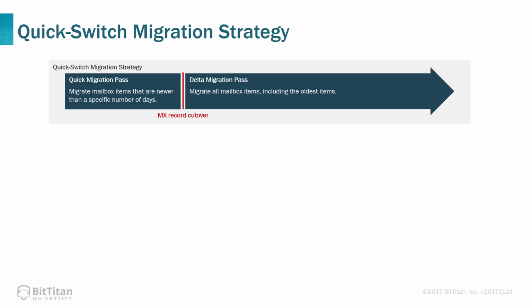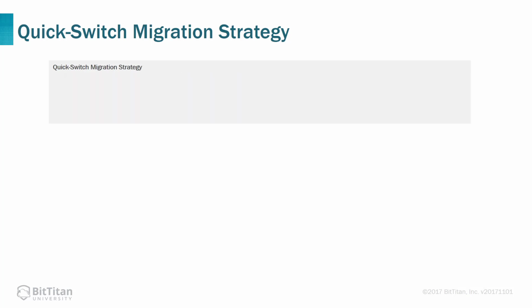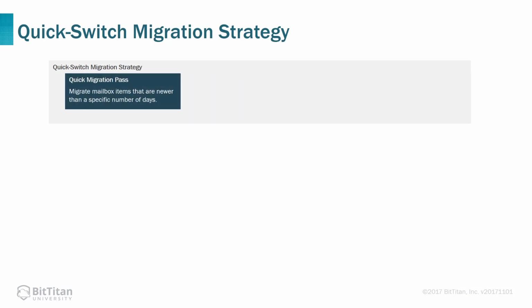Finally, we'll cover the quick switch migration strategy. We recommend this migration strategy if your customer needs to get away from the source email system and onto the destination as quickly as possible. This may be the case if the source email system has been unstable, for example. With a quick switch migration strategy, first perform a quick pass to migrate only email from the last 30 days